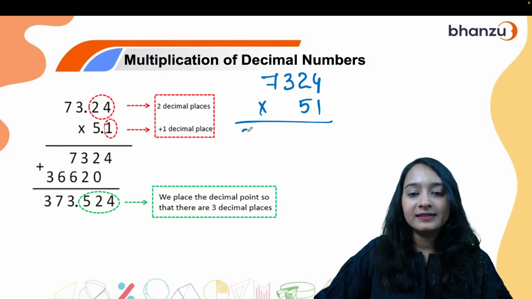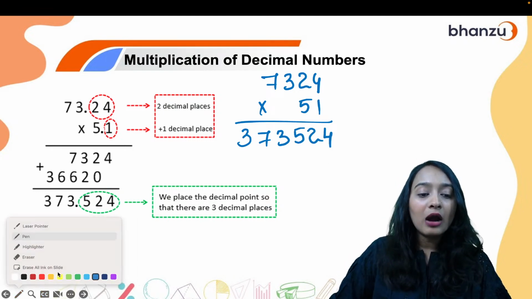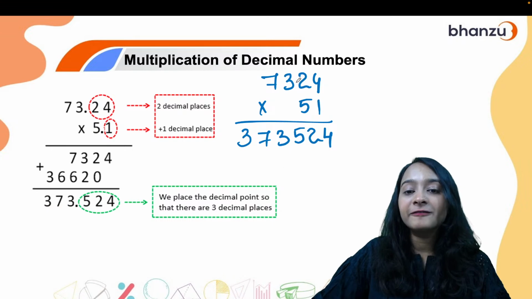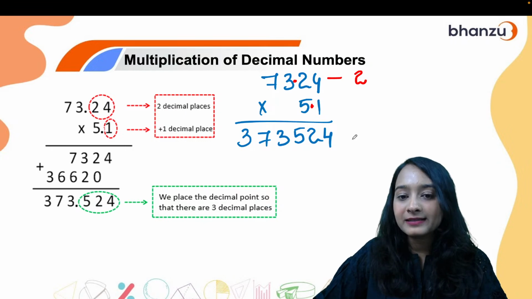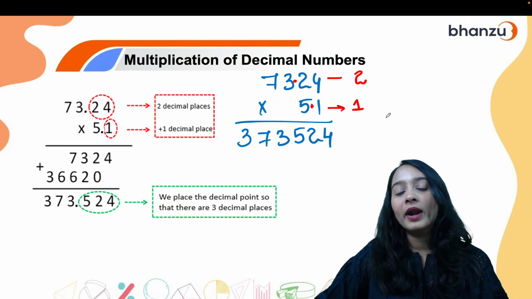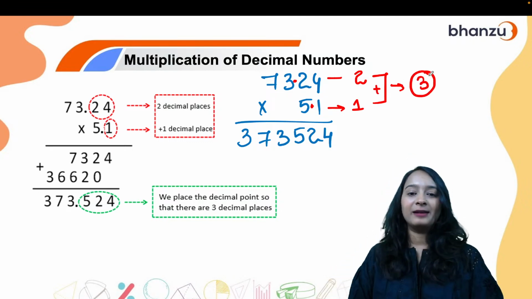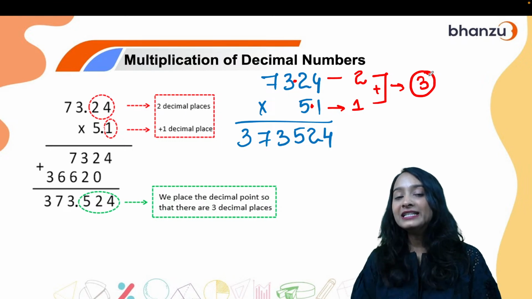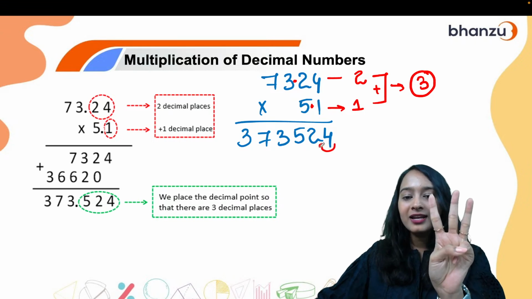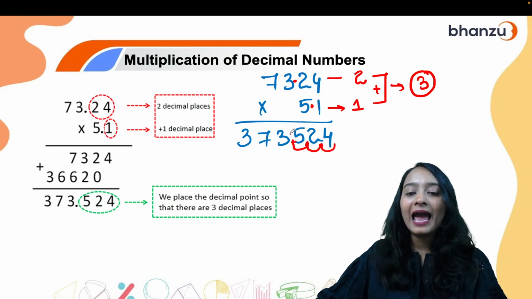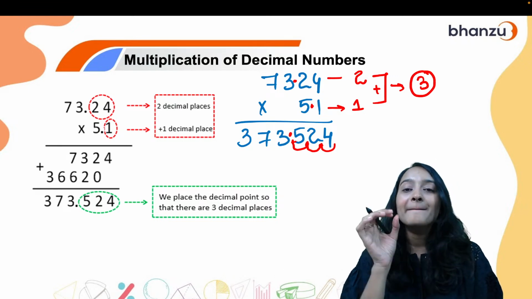So once you get the answer 373524, count the number of decimal digits after the decimal point. In 73.24 you have 2 decimal places. In 5.1 you have only 1 decimal place. So altogether you have 3 decimal places. So how many digits will you leave from the right side from the ones place? 3 digits. 1, 2 and 3 and a point. So the answer is 373 point,